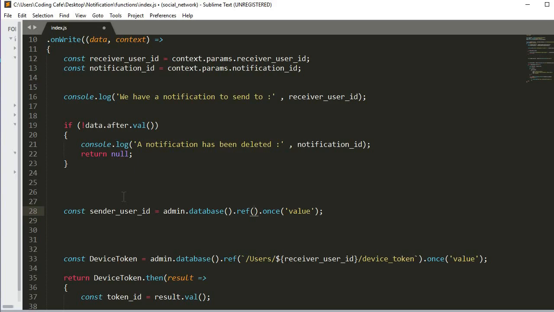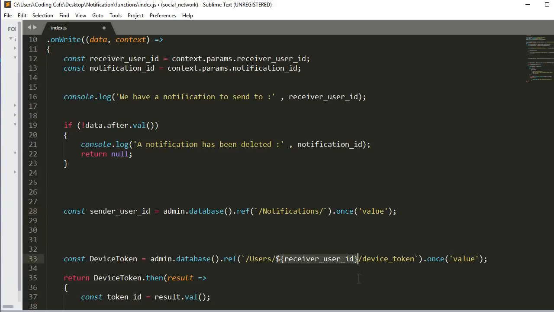Above the tab button on your keyboard there is this sign, which I already told you guys in the previous tutorial. This is not the single quotation on your keyboard. I don't know what we call this button, so if any one of you knows the name of this button, please let me know in the comment section down below. Here we are going to create a reference to notifications slash,